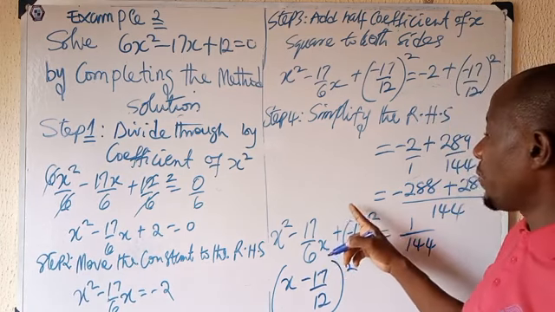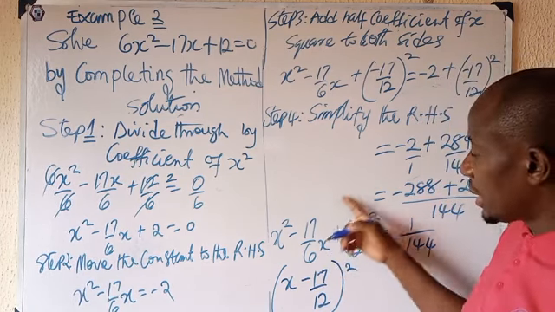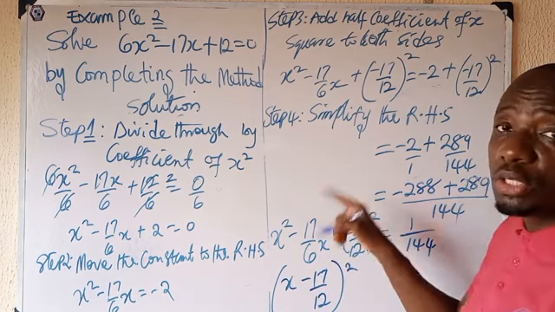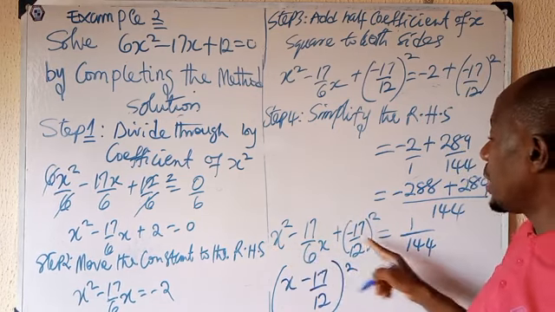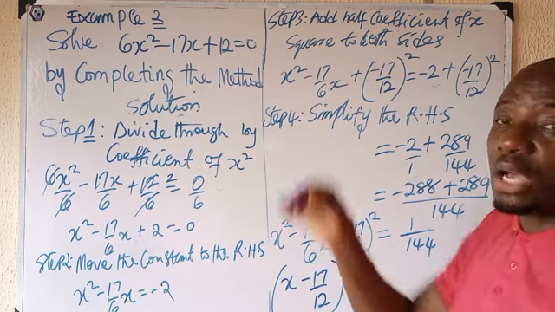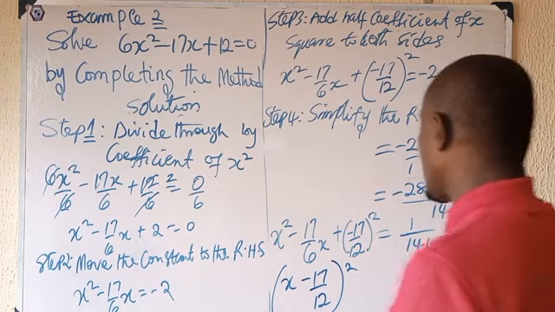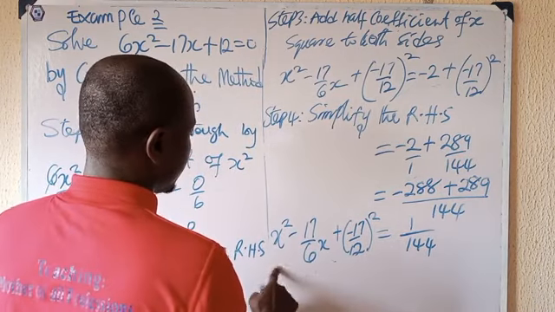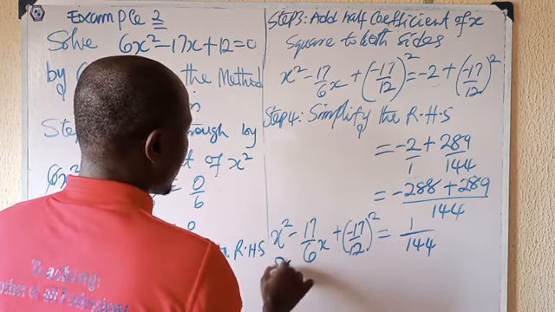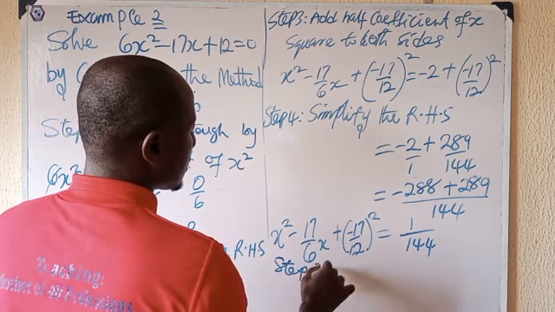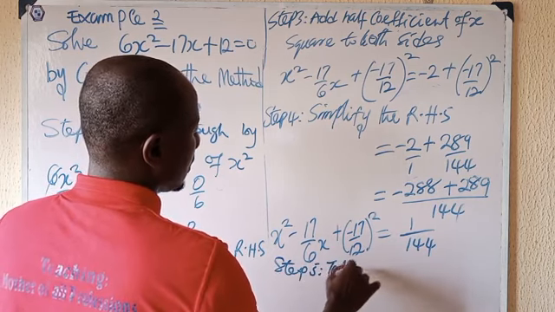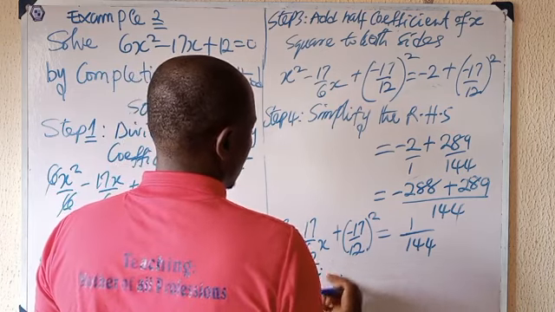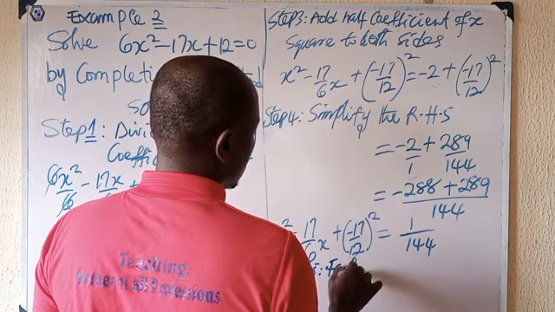So you can try that at home and see whether you'll be able to expand this to get this. But very simple. If you're asked to factorize the left hand side, all you need to do is to take the sum of this square and this square. You take their sum and take their common square. So please let me write the step that we are using now. We have just moved to step 5. Step 5. So this is take or factorize